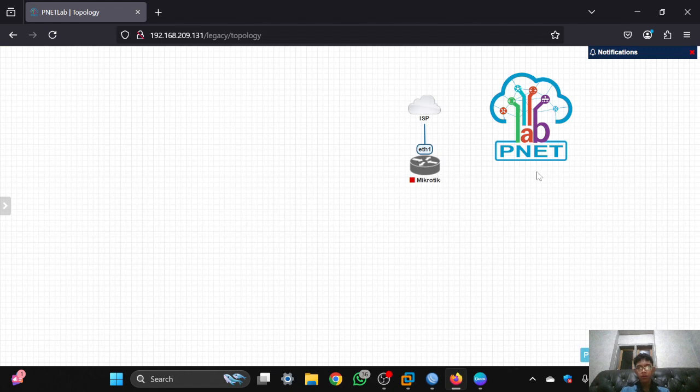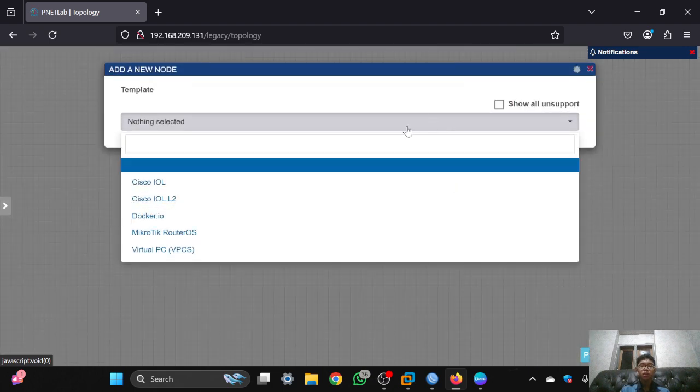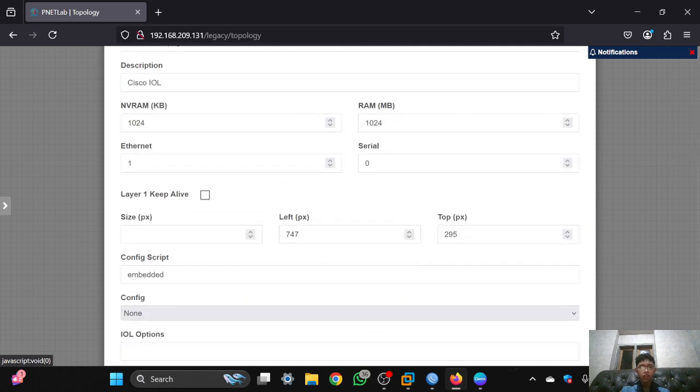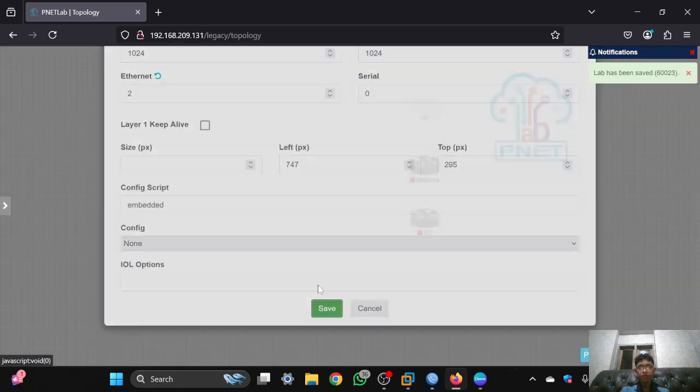First, open your PNetLab. Then you can add a node, and you should know that you must upload the switch by yourself. In this case, I will add the Cisco switch, choose layer 2, and set the Ethernet to 2, because one Ethernet means 4 ports and 2 Ethernet is 8 ports, and click save.